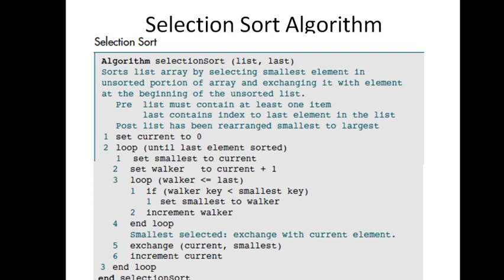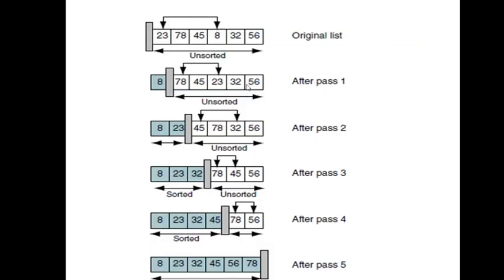And when the walker reaches the last index, whatever the value that is held in the smallest variable must be the lowest value in the list. So it gets swapped with the first value. So exchange happens only after the loop. Please take a note of this particular thing, that in selection sort the exchange only happens after we determine the position of the lowest value and its index, and then we do the swapping. That is why we are getting the result like this.